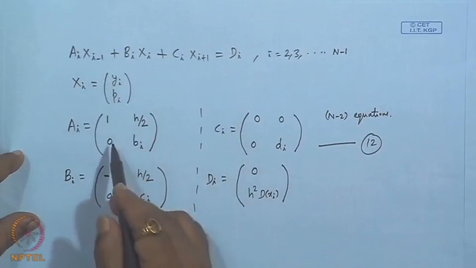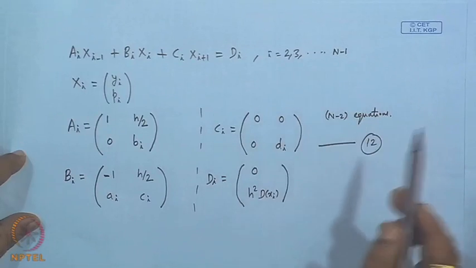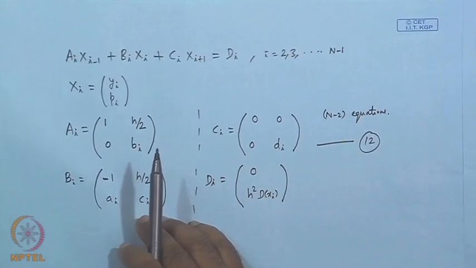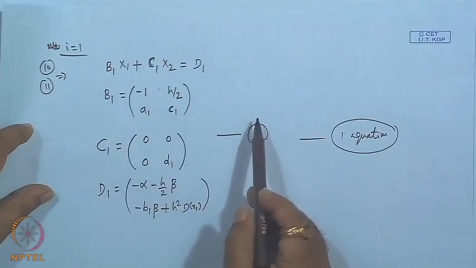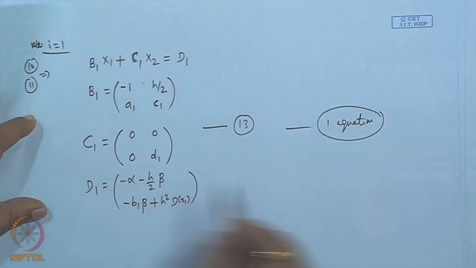It is for 1 to 2 to n minus 1. So, then this is for the 1. Okay. So, if we write a matrix,